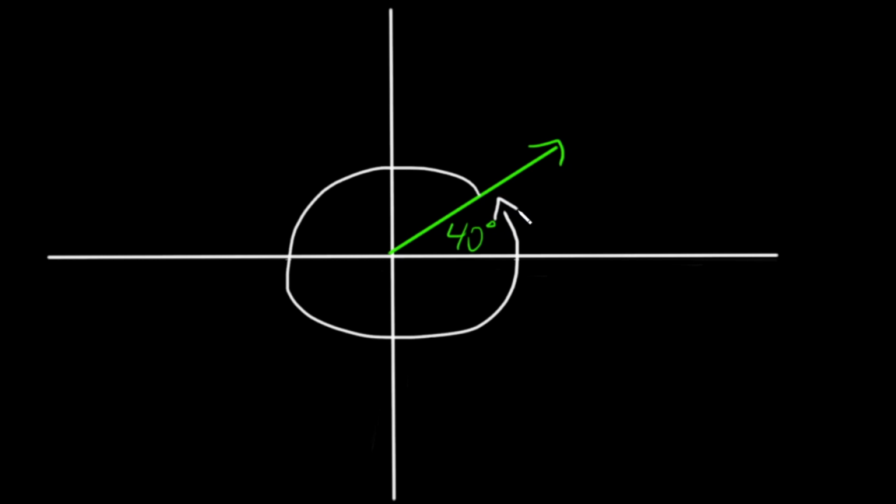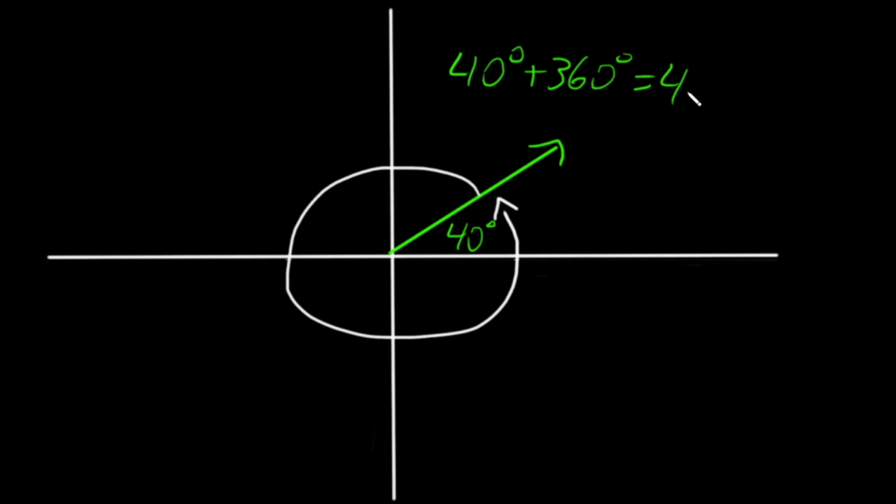Say we have an angle here, and it measures 40 degrees. An angle that is coterminal means that the terminal side of the angle, which is our green line here, is going to be in the same position. In other words, we would have to rotate an entire 360 degrees in a full circle to get back to this terminal side. For example, we could take our 40 degrees and simply add 360 degrees to get a coterminal